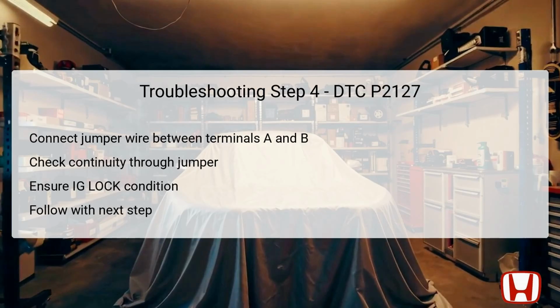By checking for continuity between the test points at the PCM connector A and body ground, you can determine whether the APS2 wire is indeed intact. If continuity is confirmed, this indicates that the wire is functioning normally, and you can then advance to the fifth troubleshooting step. If there is no continuity, this signifies an open in the APS2 wire, which must be repaired before